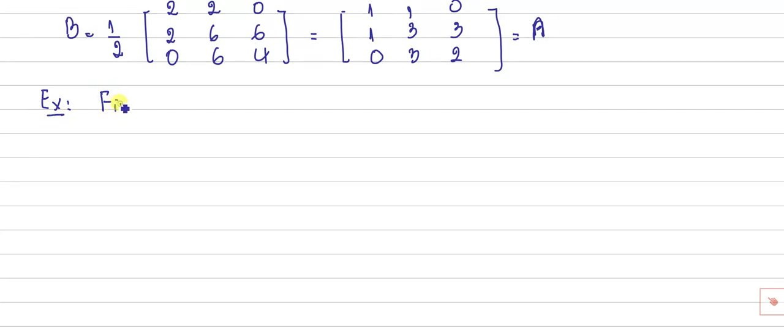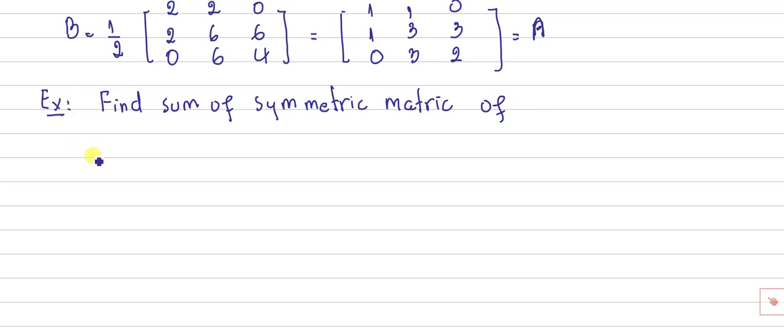Find the symmetric matrix of each quadratic form. I just give the quadratic forms. The first one, Q is equal to